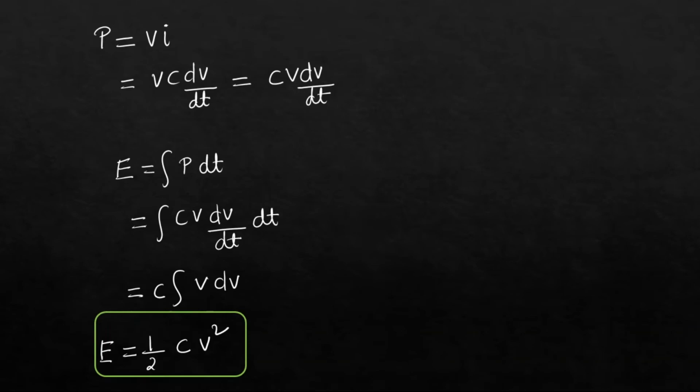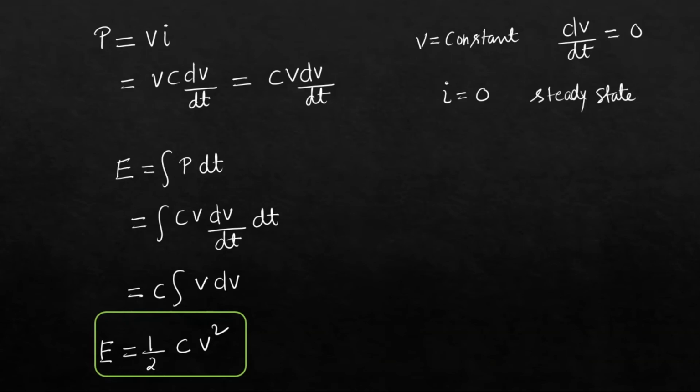Now when you have a DC excitation, or if you take the voltage as a constant, if the voltage is constant, dV by dt is equal to 0. So the current is 0. Why? Because current is C dV by dt. So current is 0, it means steady state has been reached. Because when the voltage is constant, it means charge is constant. So we are not storing any more charge on the capacitor. The charge on the capacitor has become steady. It is not changing. That is why current is 0, okay?